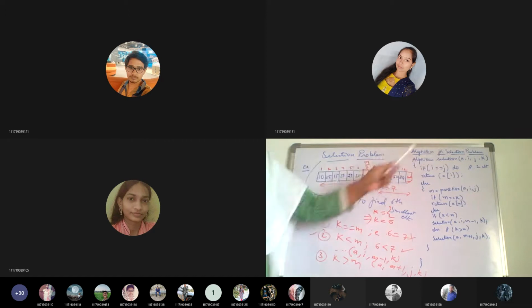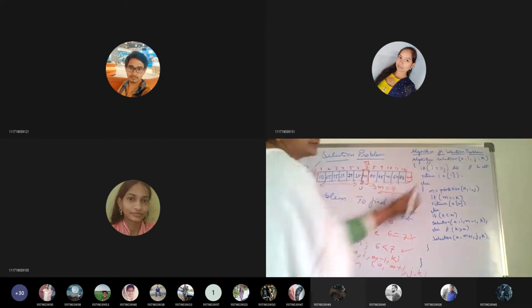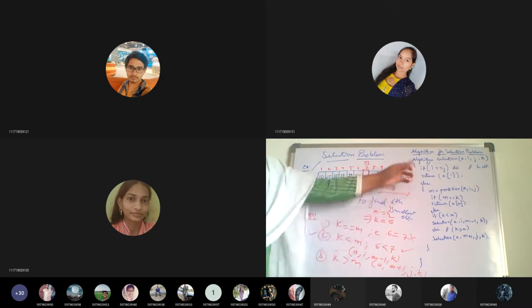Those are the 4 parameters, and you can write the parameter descriptions here. When you are writing in the exam, please do write comments. What is I, what is J, because based on your view, you might be taking different variable names. So what each one indicates, you have to write those comments.